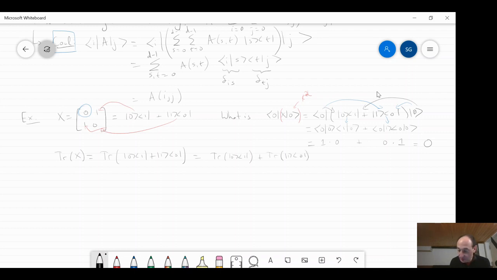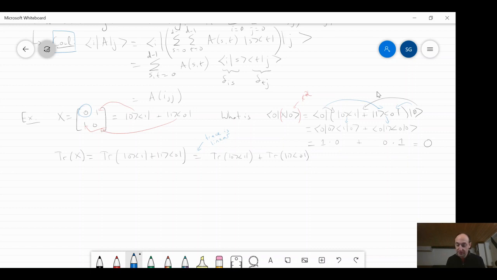Again, why am I doing this exercise? Well, there's a very important lesson here, which is that, let me mark this, of course: trace is linear. This is why you're allowed to do that. And now I have the trace of |0⟩⟨1|, and the trace is cyclic, and the trace is cyclic not just for square matrices.